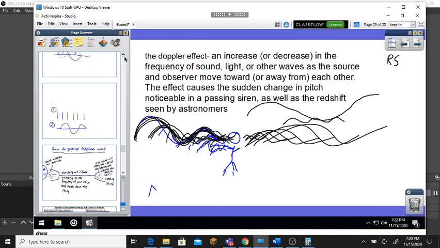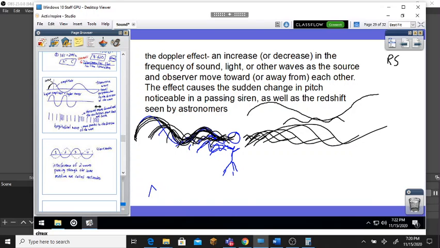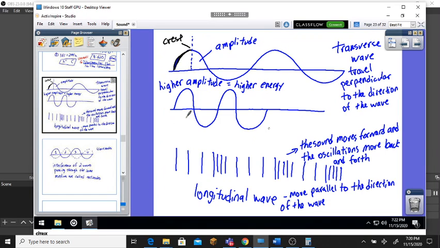But let's do a last little, there we go, right here. Okay, so here you have your waves, okay? And you can copy this, wherever you have room on the left or right side. So here you have your sound wave, and this is just some terminology you have to kind of know. This is the amplitude, okay? This is the crest. The amplitude's how high up it goes. The higher the amplitude, the higher the energy the sound is gonna have, okay? So if it's a sound wave that goes really, really high, then it's gonna have